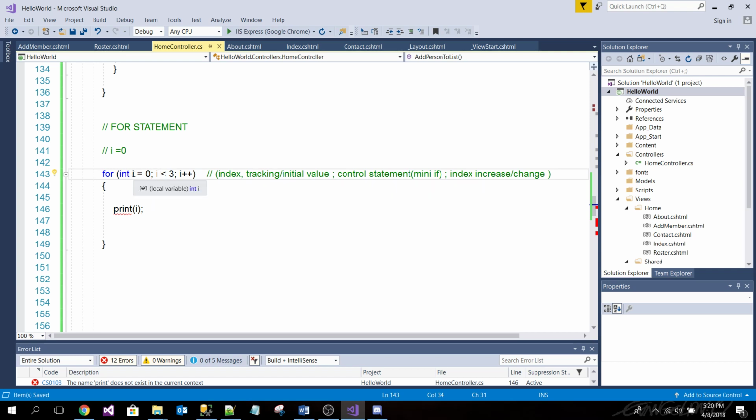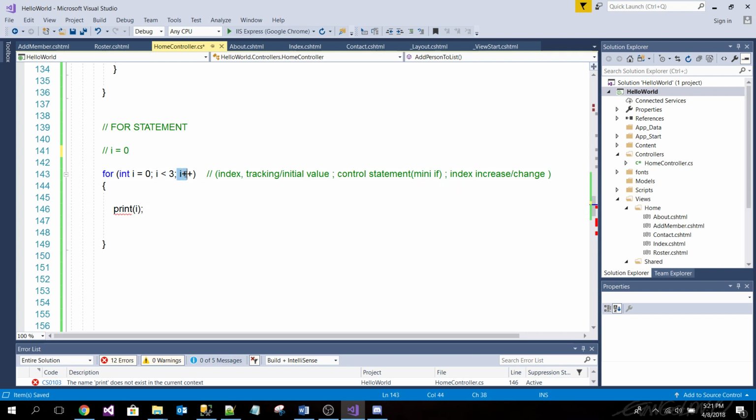So I start with i equals 0 the first time around, and then I go to the control statement. Is i less than 3? Yes, correct. So do I go in here? Yes. Again, sound it out. Okay, that's good.